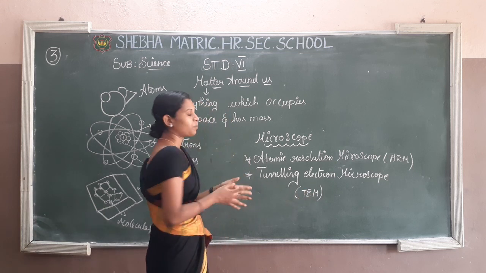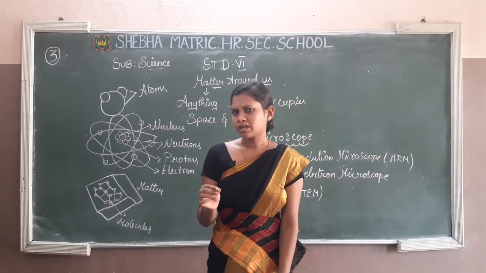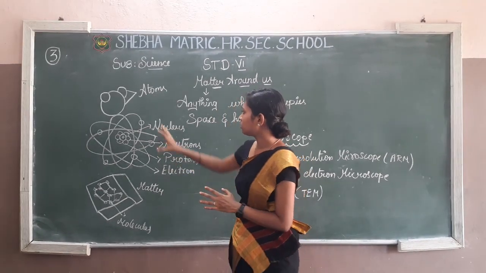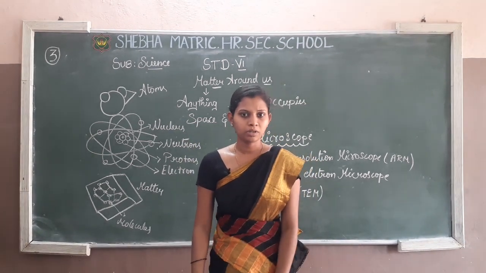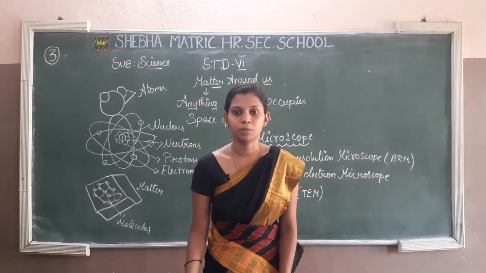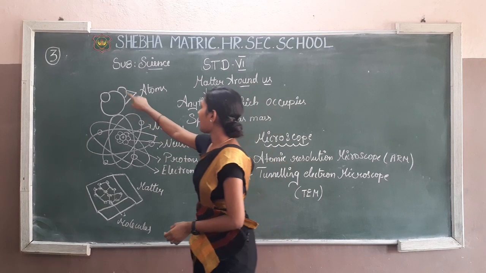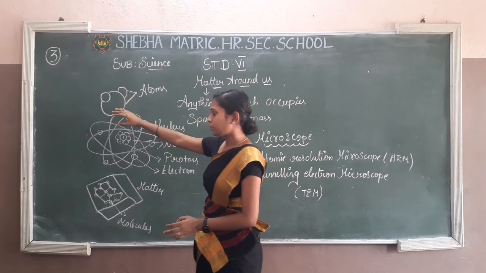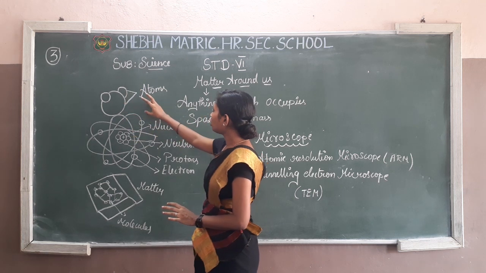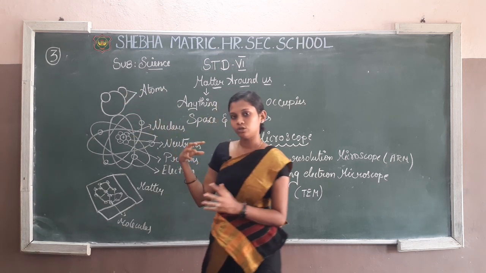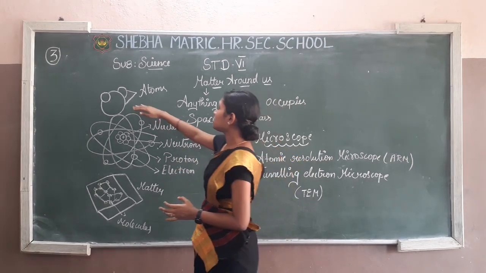Only in those microscopes can we see an atom, and the atom structure is very tiny. I have drawn it here just lightly and roughly. If you want to see a clear atom in a color picture, take page number 99, where there are clear pictures of an atom in colors. See, this is an atom. An atom is a tiny particle, just imagine it. And when two or more atoms join together, that is a molecule.